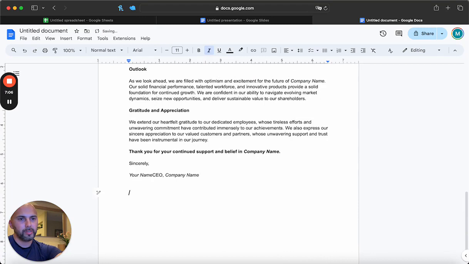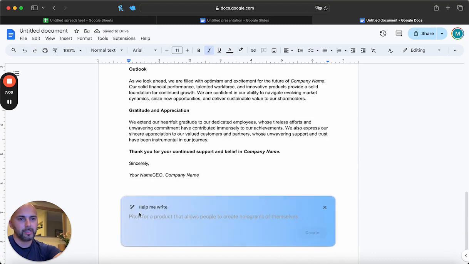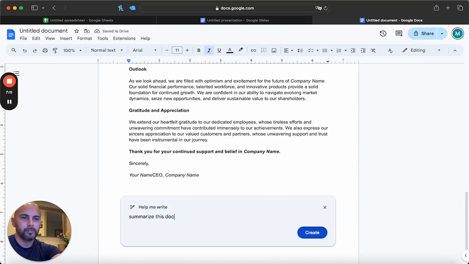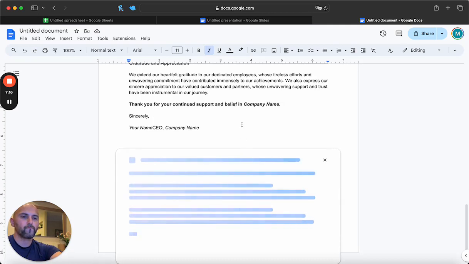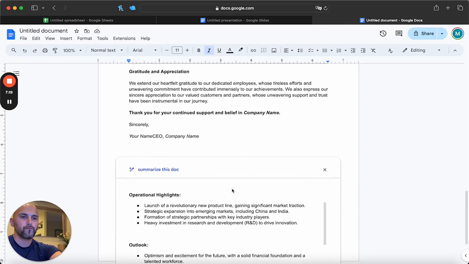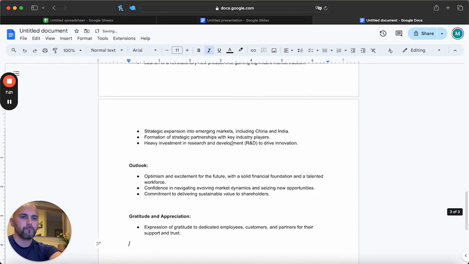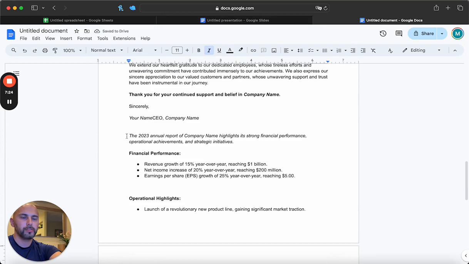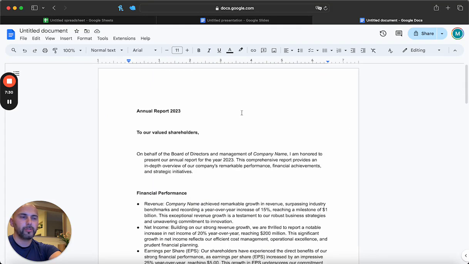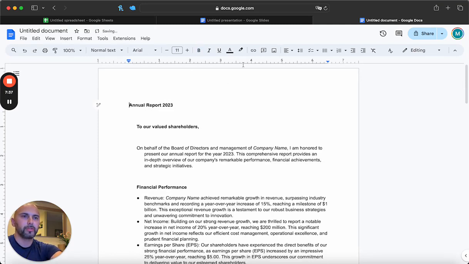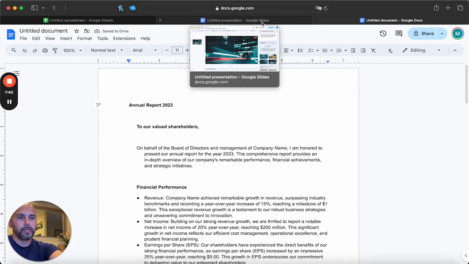Pretty cool. I wonder if I try this again and I say summarize this doc. I just want to test out its ability to summarize a document. So there is a summary of the above. Not bad. So there you guys have it. If you are a Google Workspace user, this is exciting, and it's probably just the tip of the iceberg in terms of what AI-powered, AI-enhanced features will become available to Google's